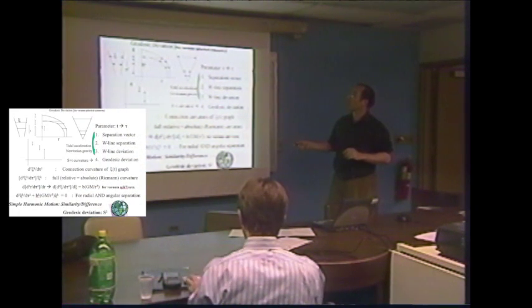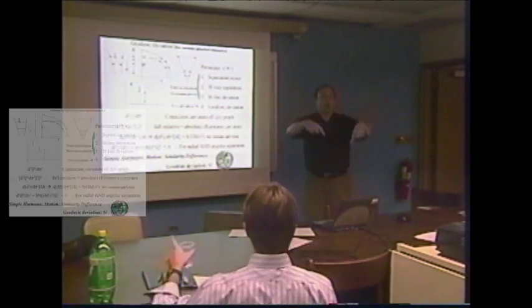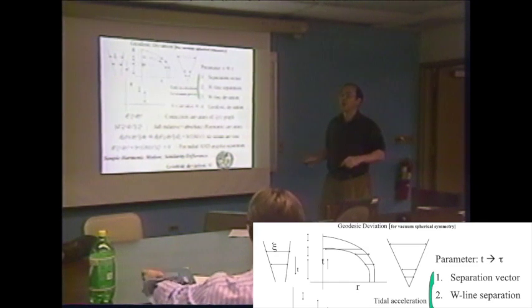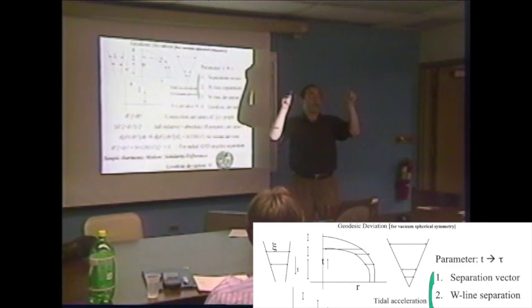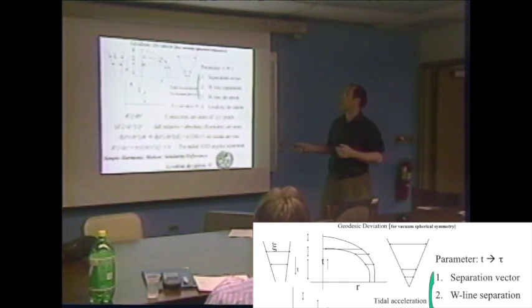If you have two particles falling in, these are trajectories, not world lines, they're just falling in straight towards the center of the planet, and we take the separation vector. Time is increasing in this direction in the sense that the particles are moving down. We're going to see just two straight lines. That doesn't tell us anything. If we go towards world lines, we'll see something a lot more informative.